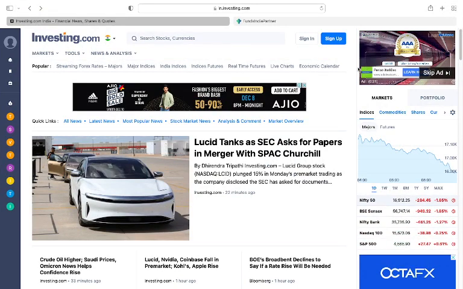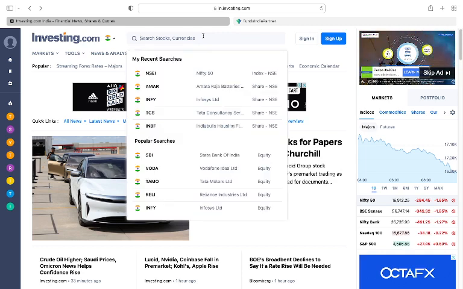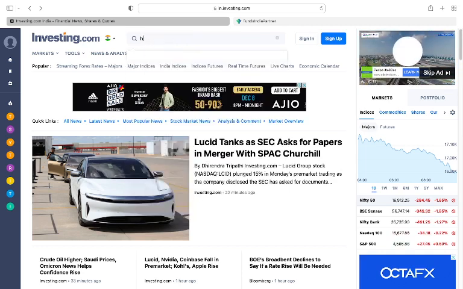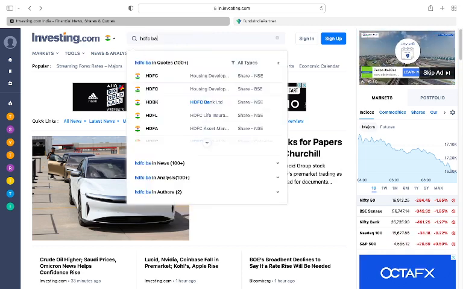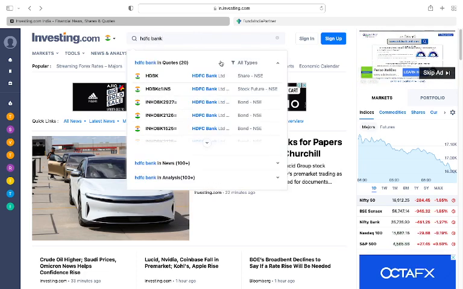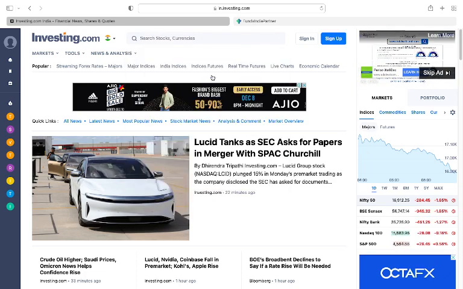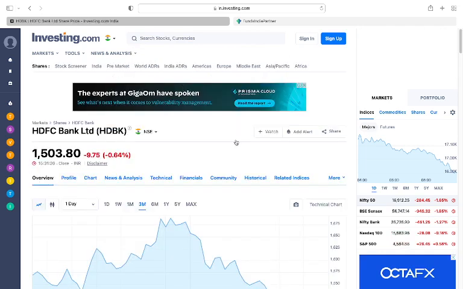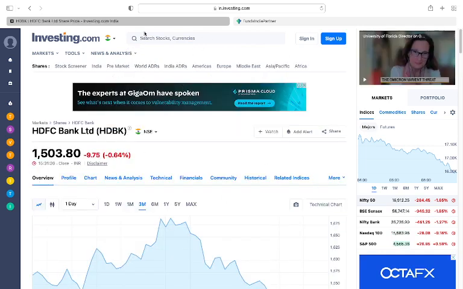So this is in.investing.com. Note down the website name, in.investing.com. We need to go here. Type one company name, let's say HDFC Bank. Carefully see with all your concentration. HDFC Bank has come now. So click on that company.